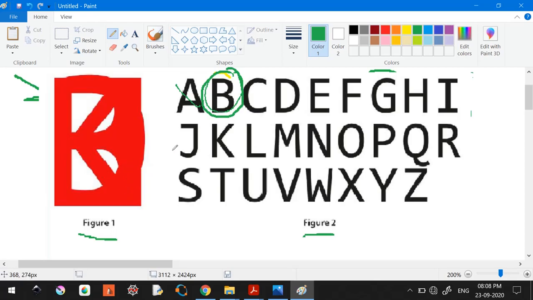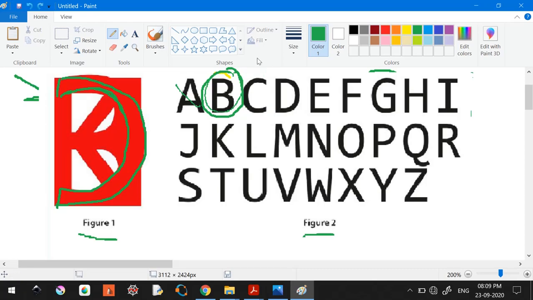C. Yes. Can you spot it? I think I could spot it. So C is actually rotated like this. Okay. Let's say something like this. Something like this I can see. So let's say C is also possible.